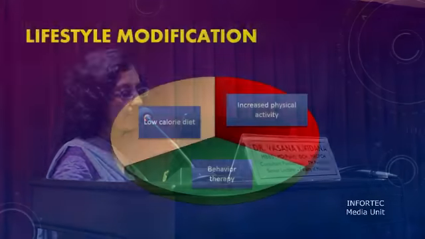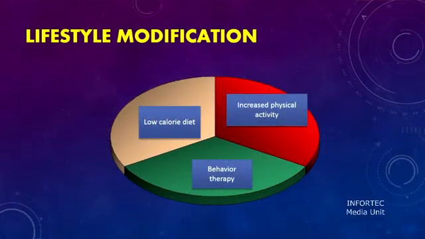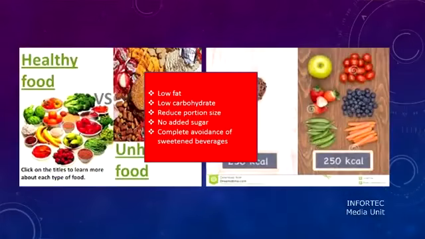And then we hope that the changed lifestyle will continue for the rest of the life of the child to maintain a healthy BMI. So this lifestyle modification includes 3 main components: introducing a low-calorie diet, increase physical activity, and behavior therapy. Right. So there are no strict diet plans or therapeutic meals for these children. It's just introducing healthy food, making the children and the family aware of the healthy food consumption,